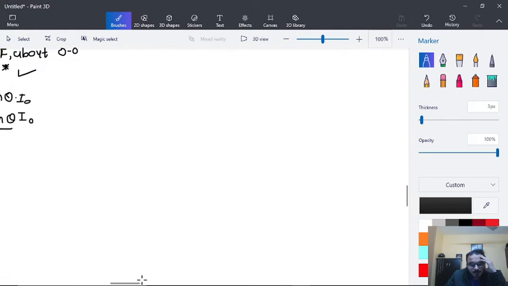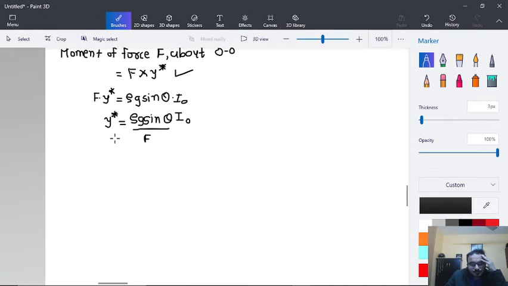So here we can put H star divided by sine theta is equal to rho g sine theta divided by F into I0. So now we are left with